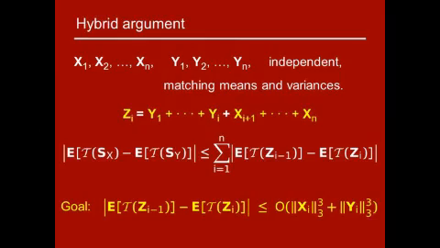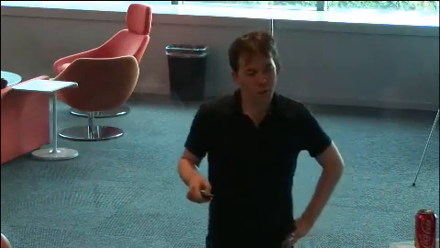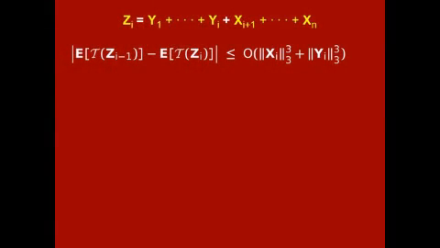Oh, okay. So yeah, just pushing some of that stuff up here. And in fact, that's convenient, because if you remember, the error bound epsilon we were eventually shooting for was big O of the sum of the xi third moments cubed and yi third moments cubed. And we have a sum here, so it's just enough to show that term by term, this difference is at most the O of the third absolute moments of the xi and yi's added up. Okay, so just to remind you, here's z, and this is our goal.